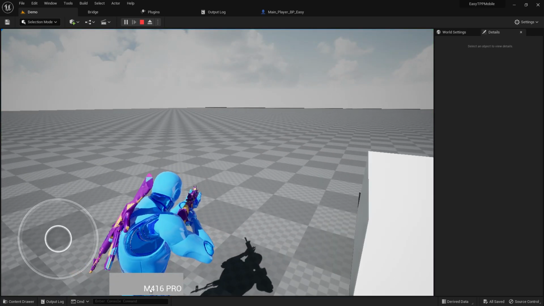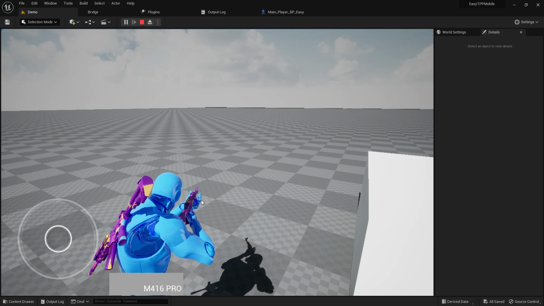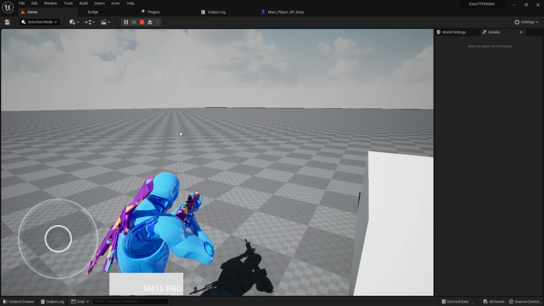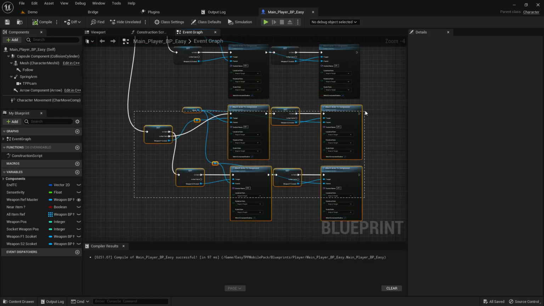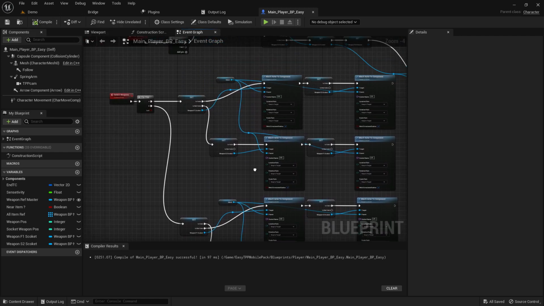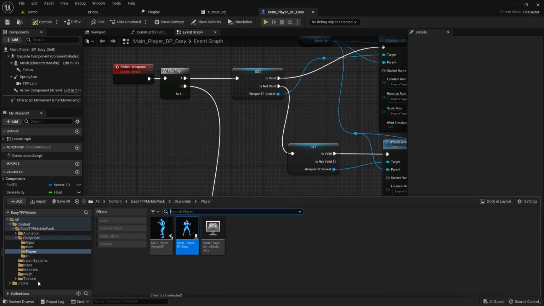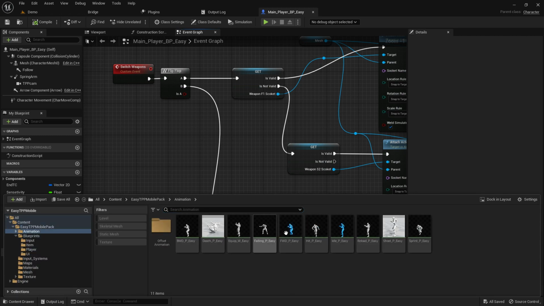First time switch, second time switched. Yep, the looping system is now working. As you can see, we have the AKM and it switches, and the second time we have the M4 and it does that. So that is basically the simplest way to do the weapon switching system. Now we have the weapon switching system. Now let's place some animation with that, because in our animation sector we have